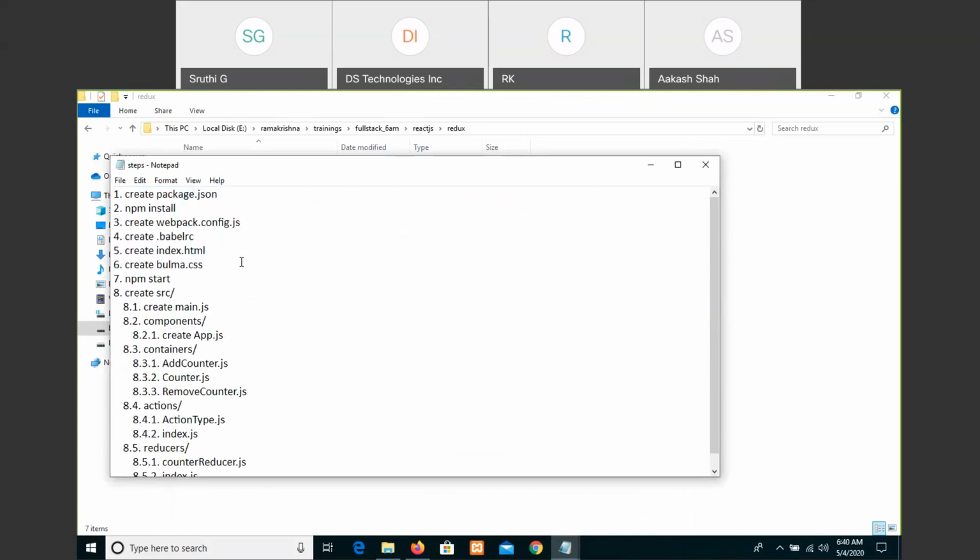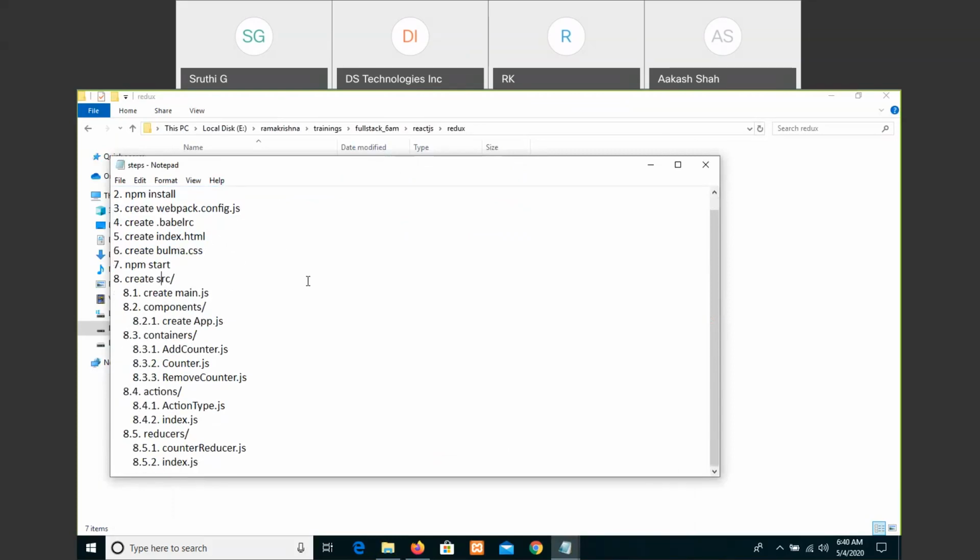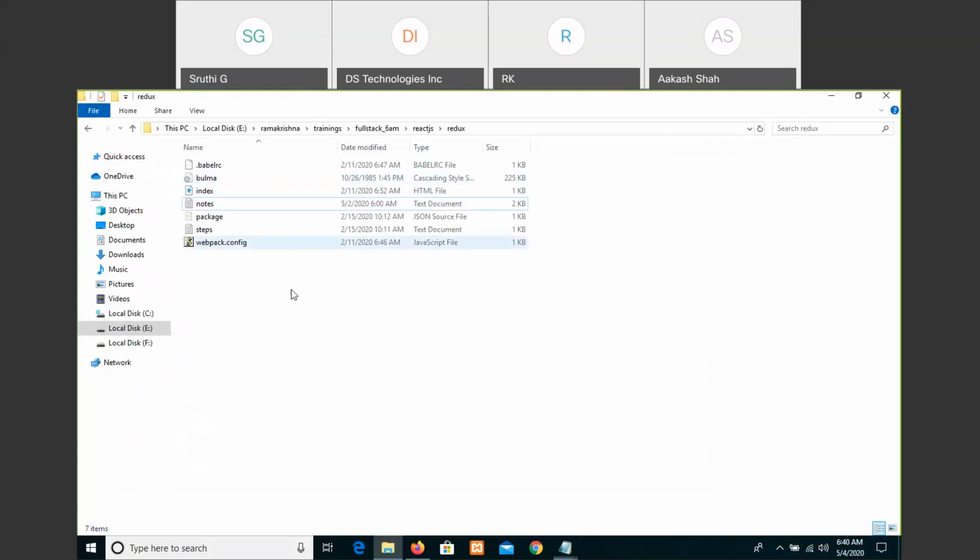Create a sample HTML file and set up a CSS for your application. After all these things, in the SRC folder you have to create a common structure: main.js, components, containers, actions, and reducers. Okay, let us work on how you can create this. So let me do one thing. Let me first copy